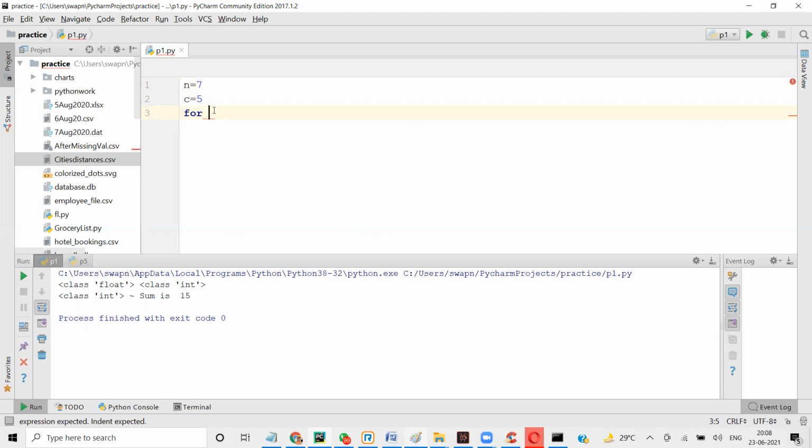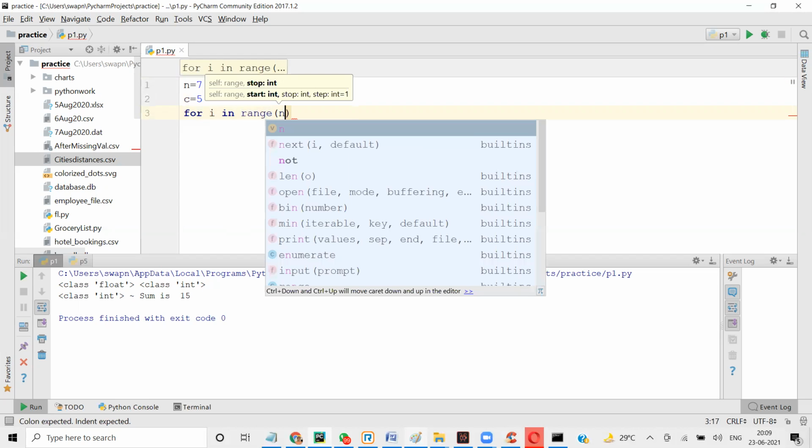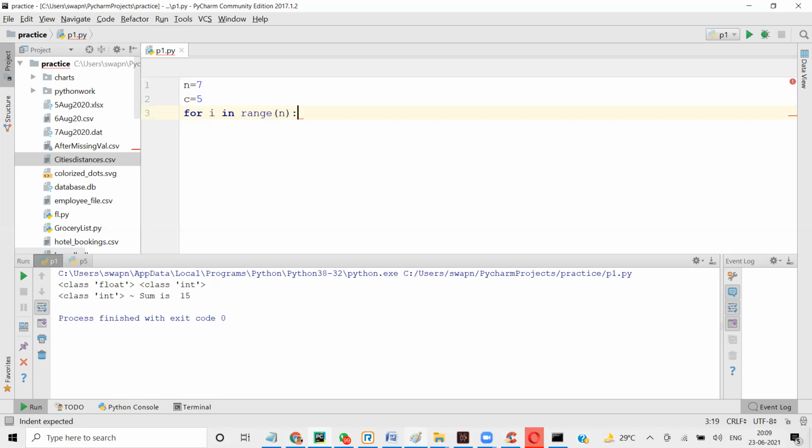Tell me, based on your experience that we have done the star pattern now, for what purpose do we use the outer loop? Outer loop is like rows only. Exactly, outer loop is for rows, isn't it? So after printing every row, it has to move to the next row. So for i in range, what should I put here? 7, exactly, n, because this is going to keep track of the rows.